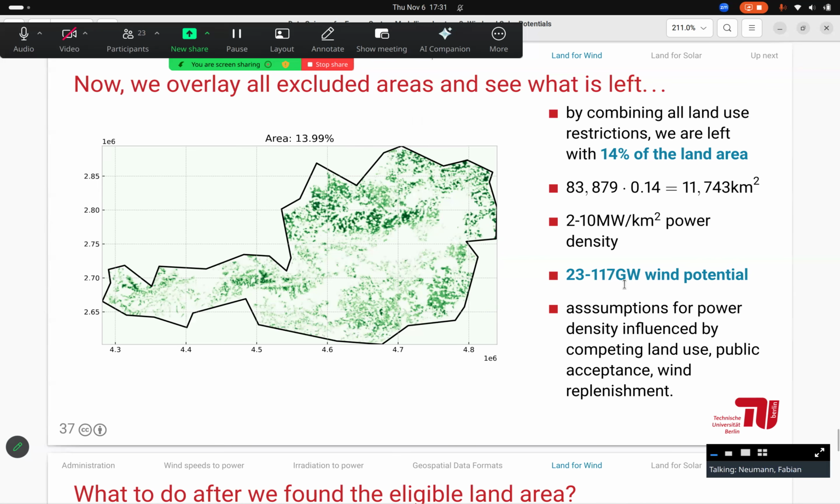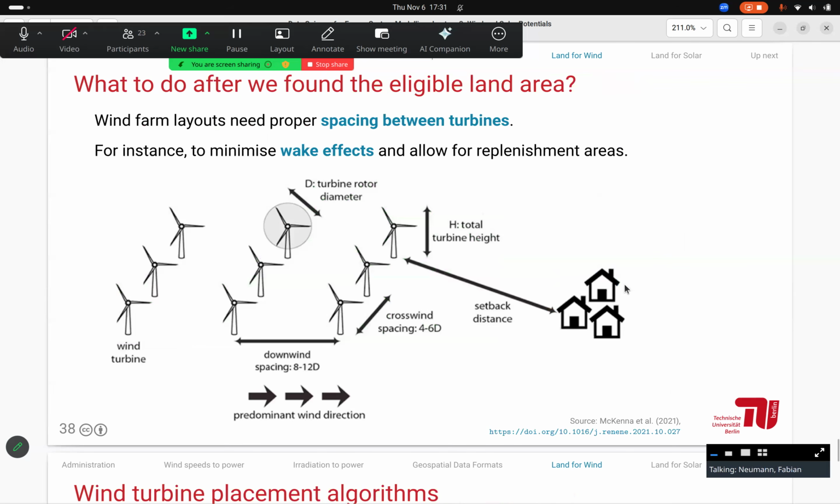So that's one way, that's the easy way. But I can also use this type of data set to run so-called wind turbine placement algorithms that would just start somewhere and then apply some distance criteria for spacing between the wind turbines, for example, to minimize wake effects and allow the wind speeds